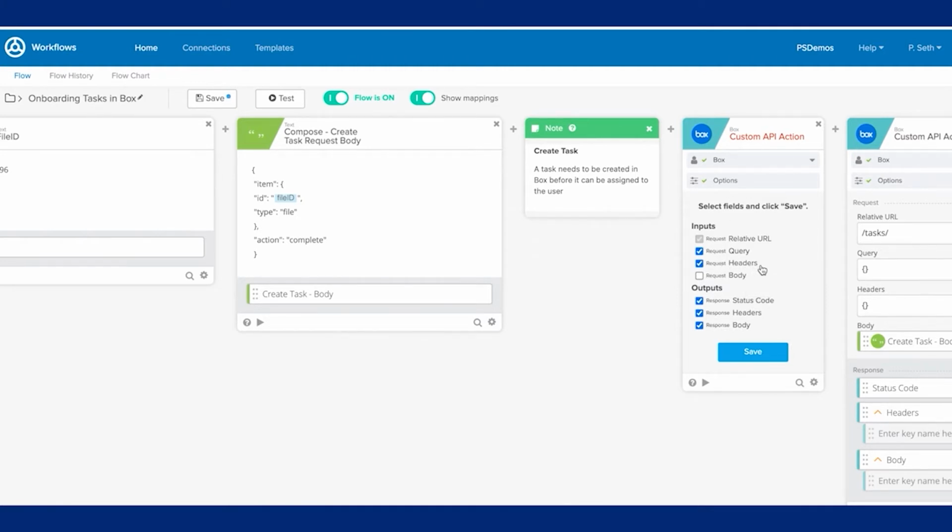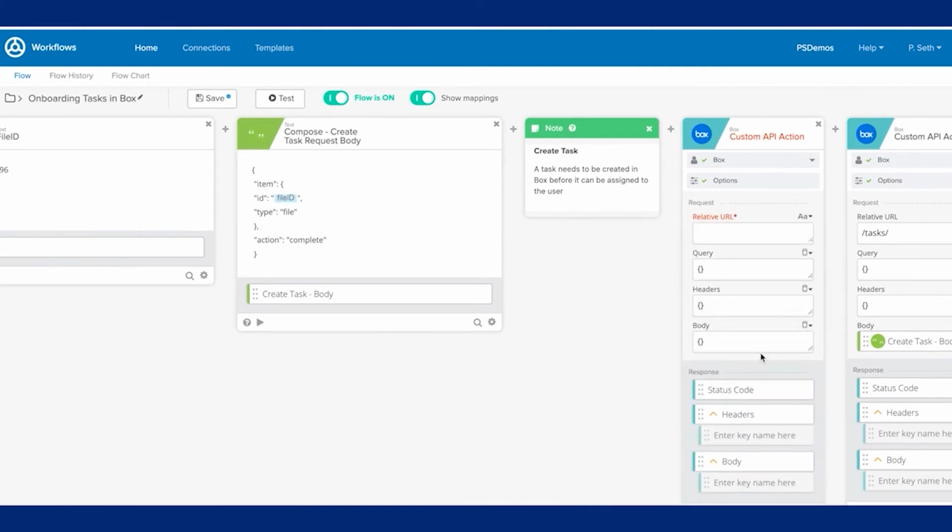I also have this option to be able to choose what kind of inputs are required. It's very much possible to set up the custom API action using queries, but in case of Box, I need to be able to provide a request body, so I will make this selection as well and save my request. As you can see, this is very simple to set up, and this requires you to only provide a relative URL. This is because your Box domain URL is picked up by the connection that was already set up,